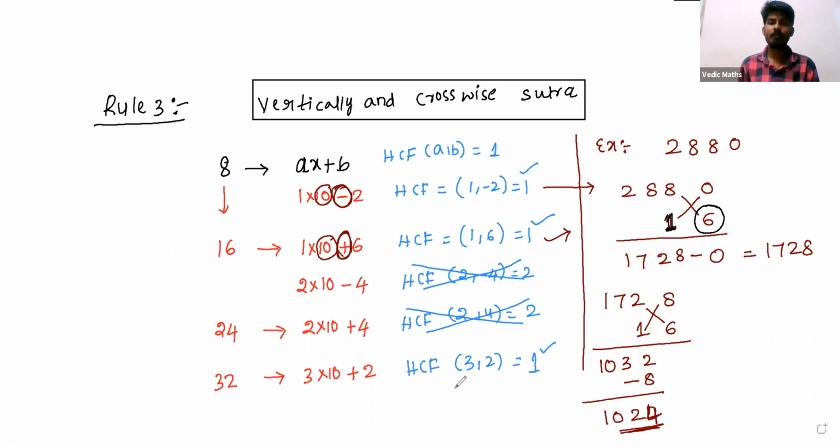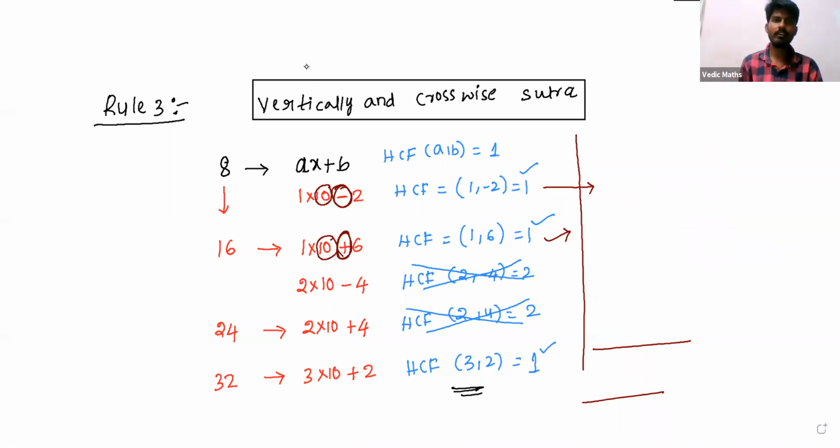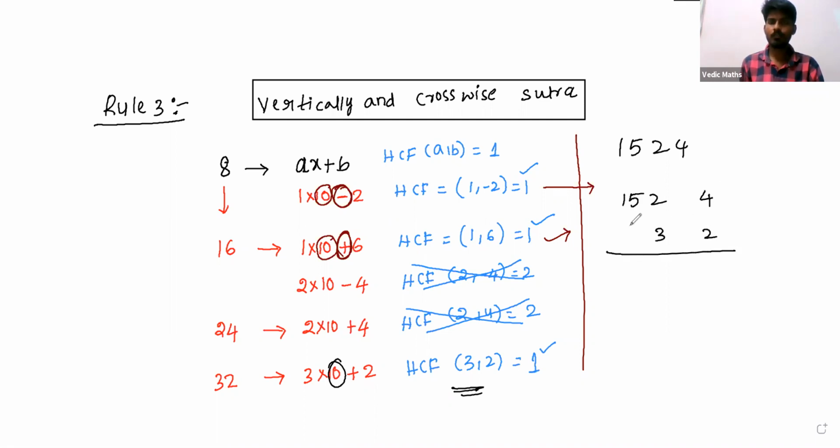In the same way, you can apply the same technique for the next pair also. Let me take another example and try to understand the concept here. Suppose 1524, whether it is divisible by 8 or not. Let me take the 32 combination. So again we have 10 here, so we are splitting like this. So 3 and 2. If you multiply with 2, then you are getting 304, and we have the plus symbol here, so we have to subtract this 12.